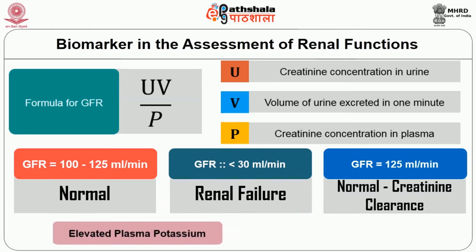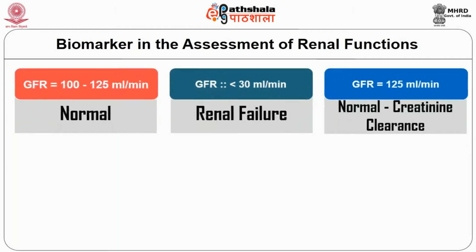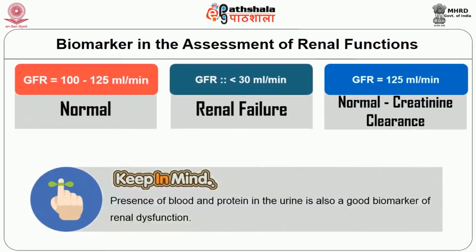Elevated plasma potassium, phosphate, and bicarbonate concentrations are also the indicators of renal failure. Never forget that the volume of urine may be increased, decreased, or normal at different stages of acute and chronic renal failure. Always keep in mind that the presence of blood and protein in the urine is also a good biomarker of renal dysfunctions. Don't you now agree that the above biomarkers are important tools to diagnose the various diseases